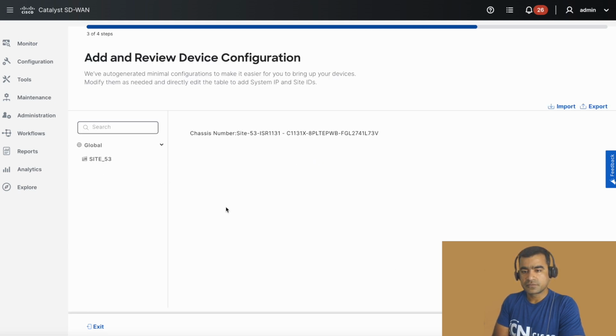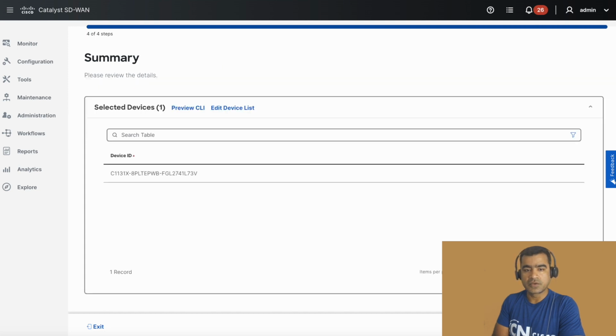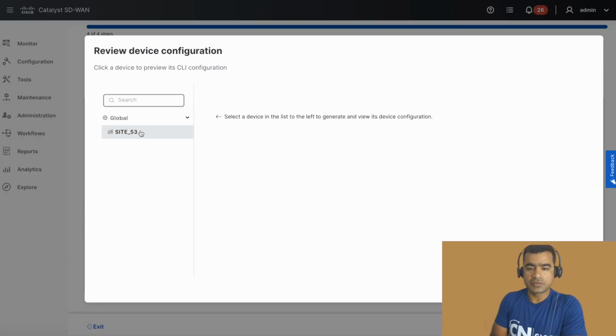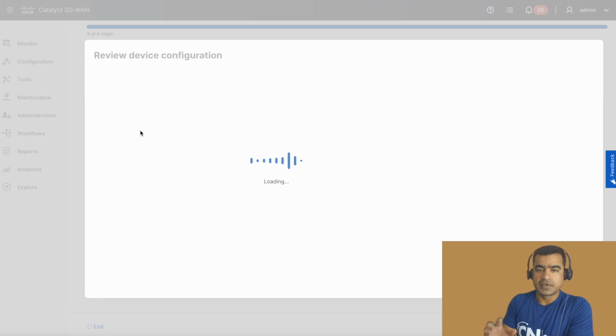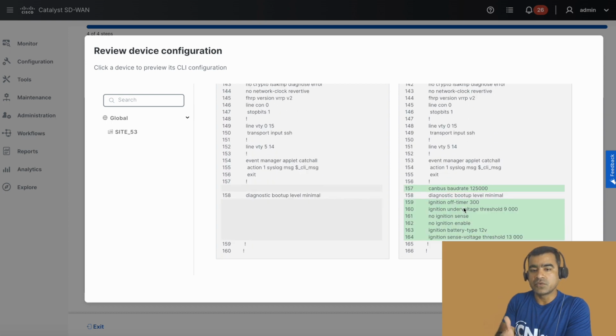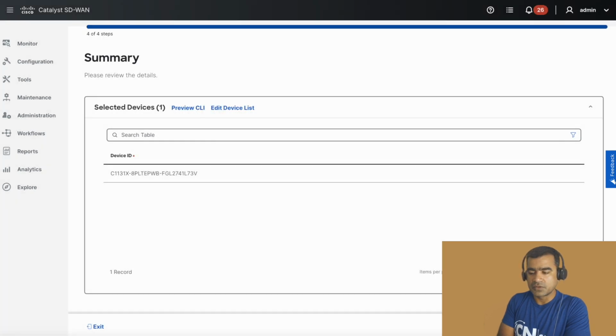Select a site, and you can watch preview CLI. So it will generate everything, all the configuration, what it is going to push before you go and hit deploy. So right now we are just previewing the configuration. We are not actually pushing the configuration. So all you can see is vManage, and right now we are not adding any new configuration because we are using running configuration as our feature template. So you can see there is nothing new other than a few login things. It's kind of housekeeping. So let me cancel this, and I'm going to go ahead and say deploy,